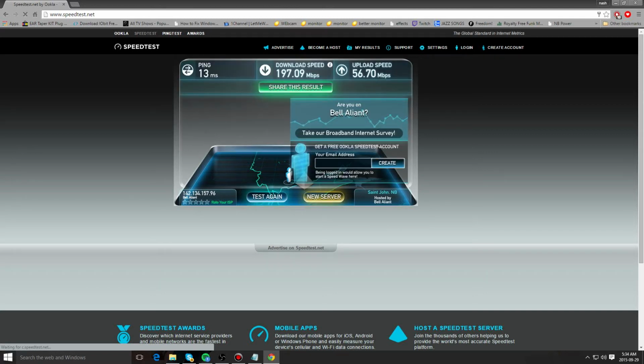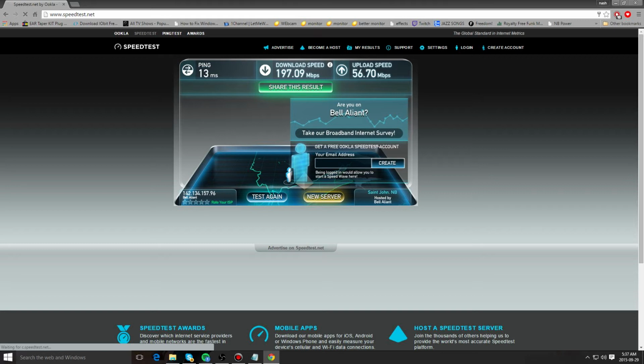Okay, now we are finished with the test. We have all of the information here that we need to set our bitrate. The download speed is not required knowledge in order to set your bitrate. Neither is ping. Upload speed is what we're looking for. Luckily, I have 56.7 megabits upload speed, and that is pretty good. Now, I realize that not everybody is going to have an upload speed this high. The most optimal upload speed that you could have in order to stream on Twitch is 3 megabits upload or